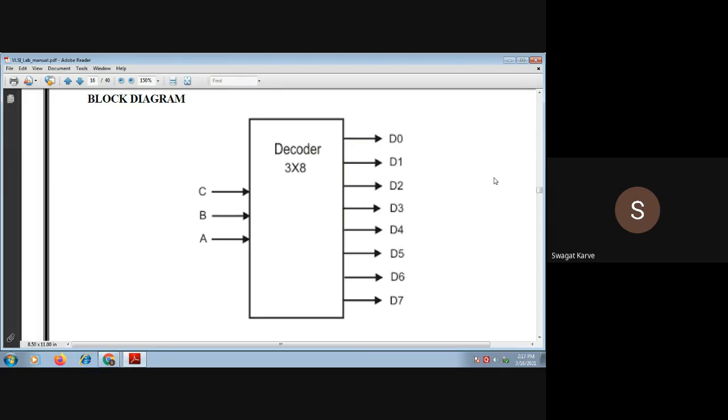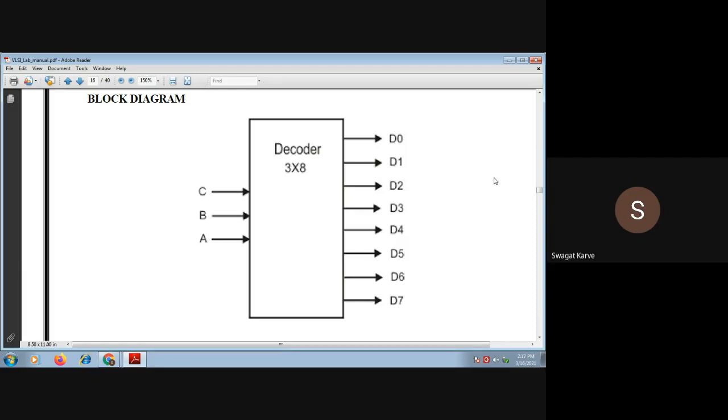So now, what is the decoder? We have 3 inputs A, B, C, or you can give any name, and we have 8 outputs, 8 output bits, D0 to D7, or you can use any alphabet of your choice.